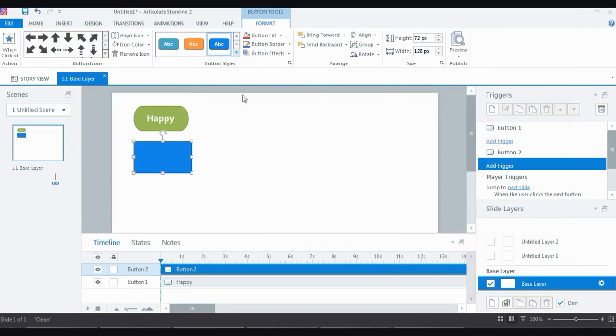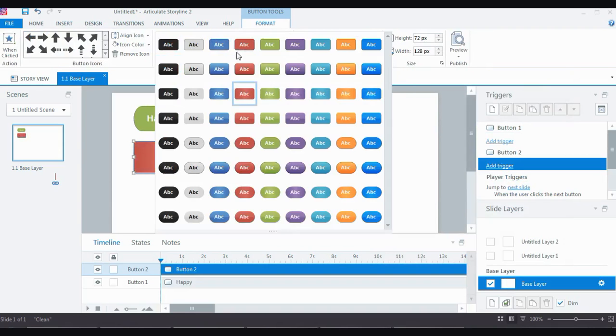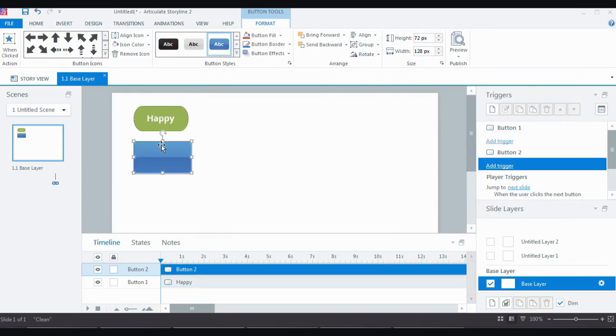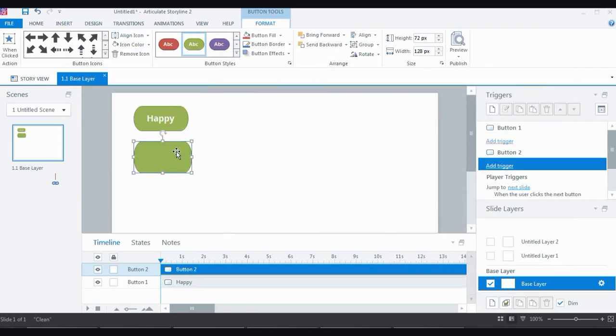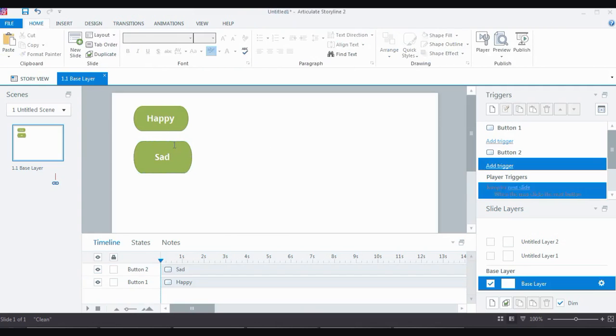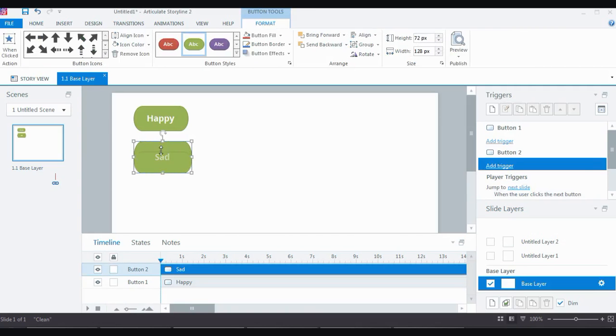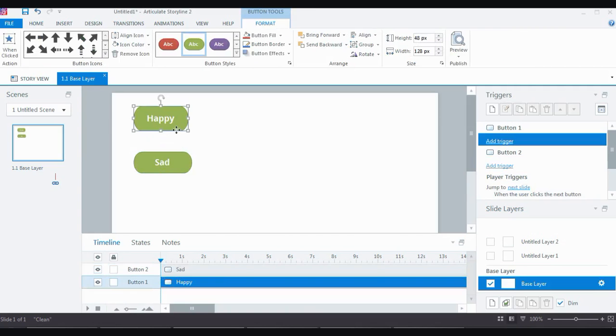I can add one more button in the same way. I can change the color like I did. I can change the shape. If I don't like this, I can make it some other shape. Okay, I can call it sad. So now I have two buttons, happy and sad,